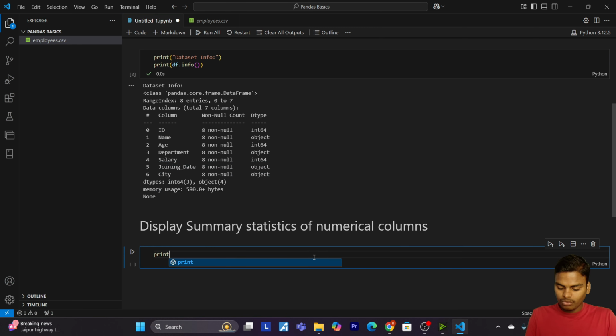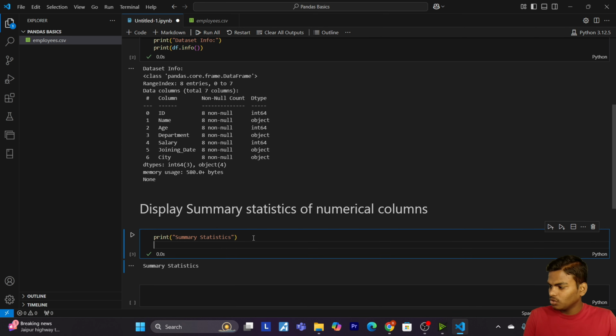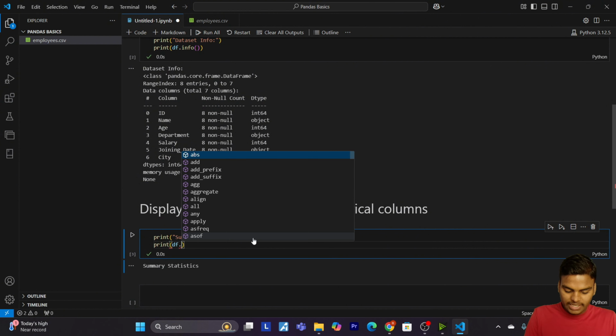We are going to print the summary statistics. So now just print df.describe.